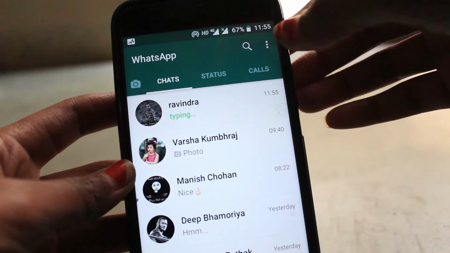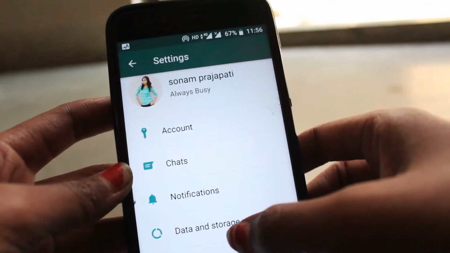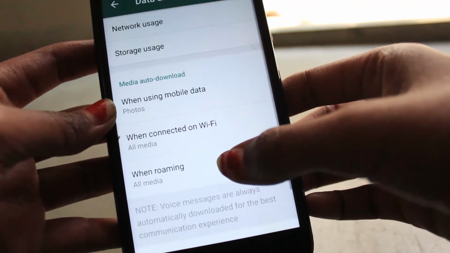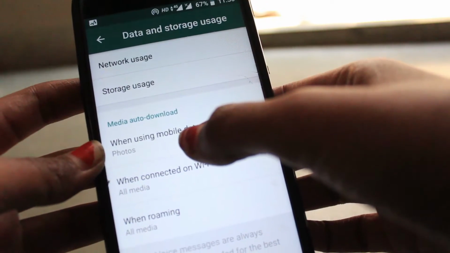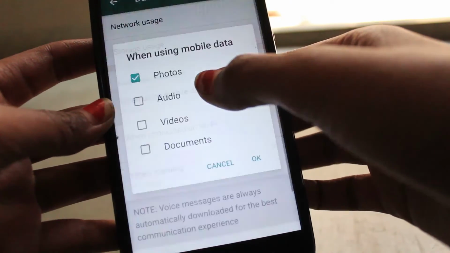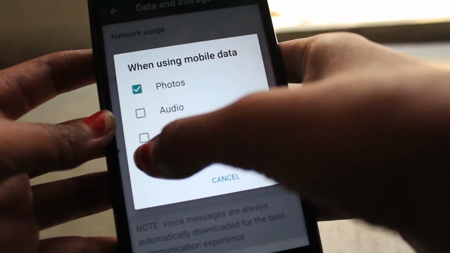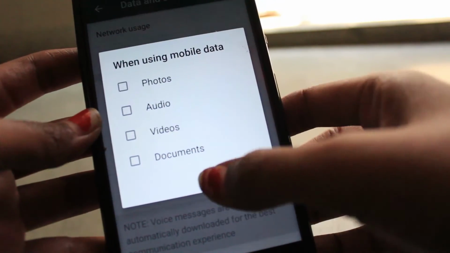So friends, go to your WhatsApp settings, and here you will see the option Data and storage usage. Just click on this option, and friends, here you will see the option When using mobile data. Just click on this option, and if all are selected, just uncheck these boxes, deselect all the options, and